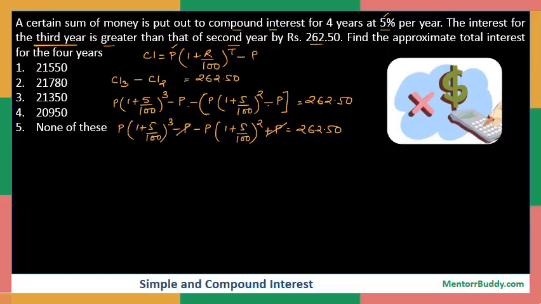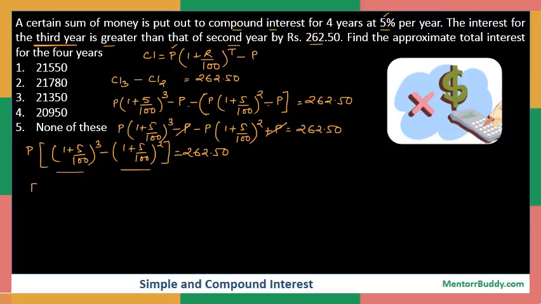Now out of the two expressions, if I take P common, I'll be left with (1 plus 5 by 100) to the power 3 minus (1 plus 5 by 100) to the power 2 is equal to 262.50. Now out of this we can also take P multiplied by (1 plus 5 by 100) to the power 2 common, so that inside we have 1 plus 5 by 100 minus 1 is equal to